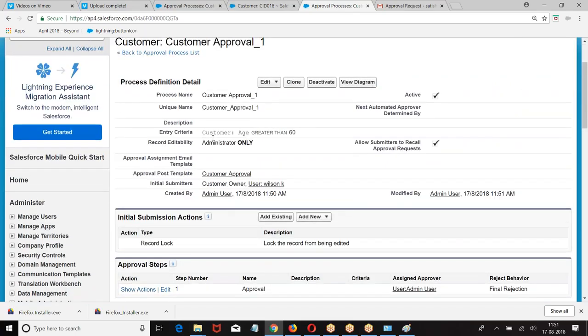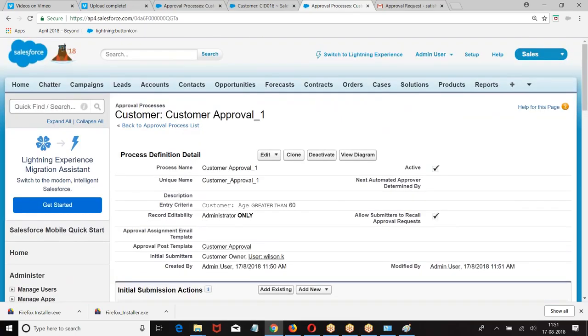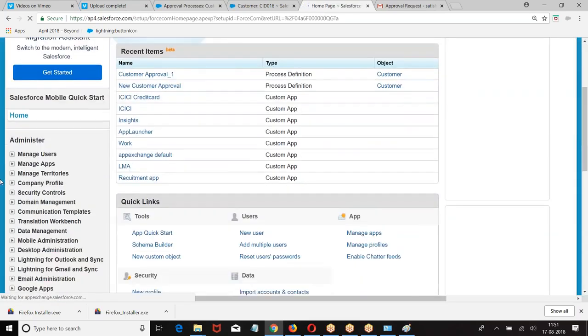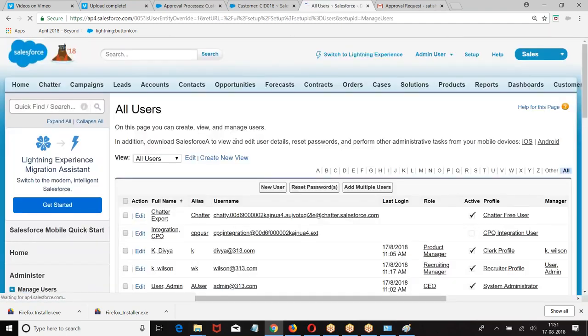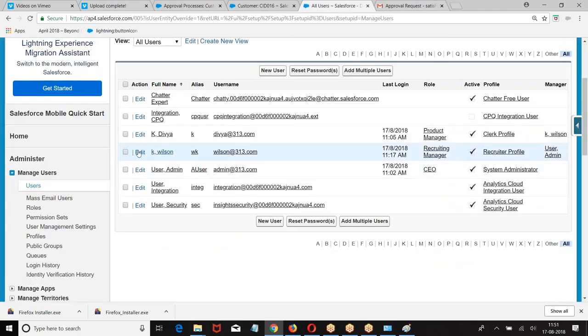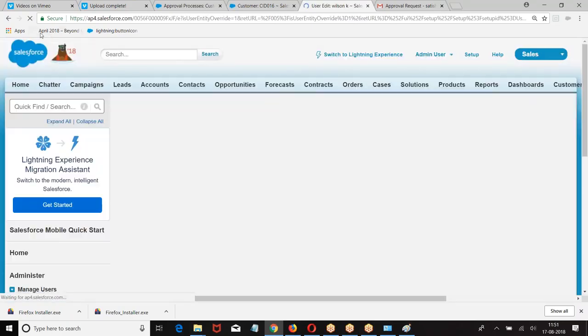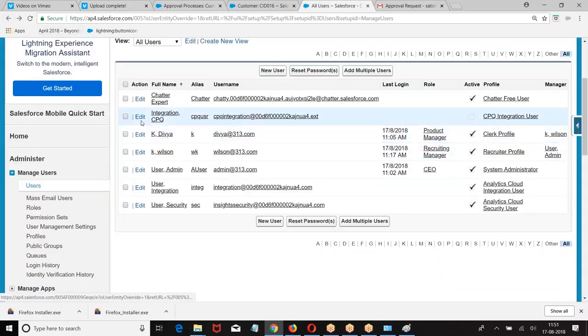So what does it mean? Look at the point. Setup, manage users. We have Wilson. Who is our approver? Admin, right? Go to admin.